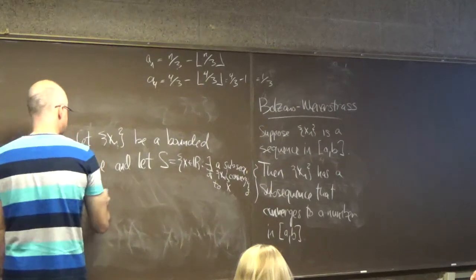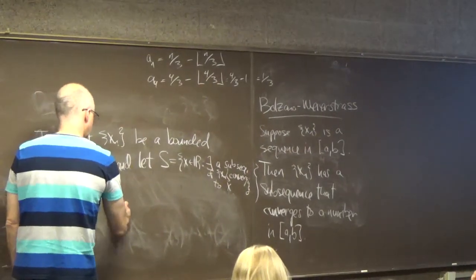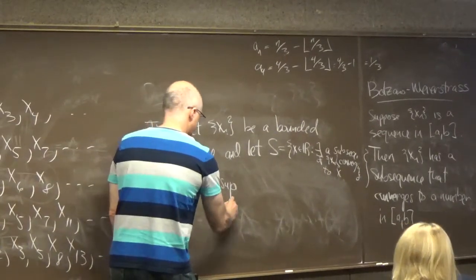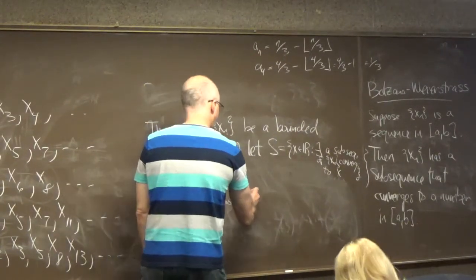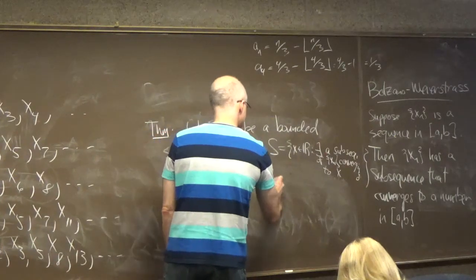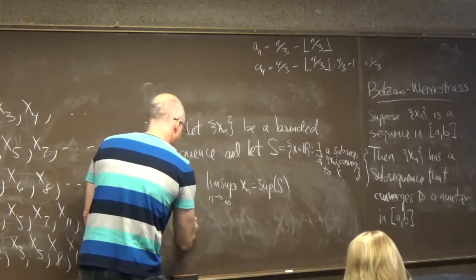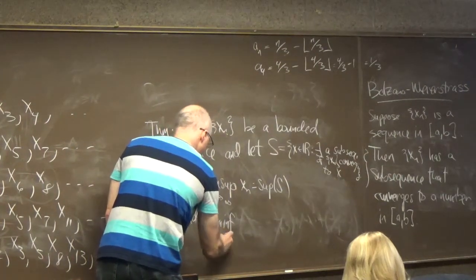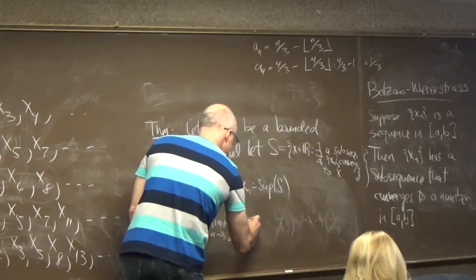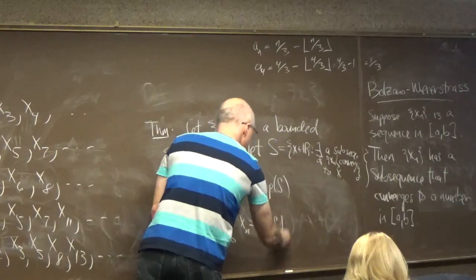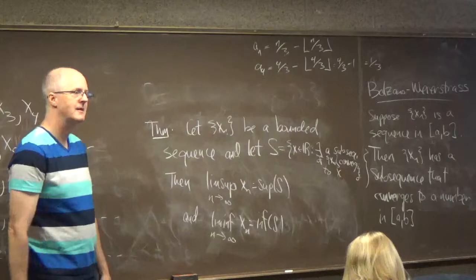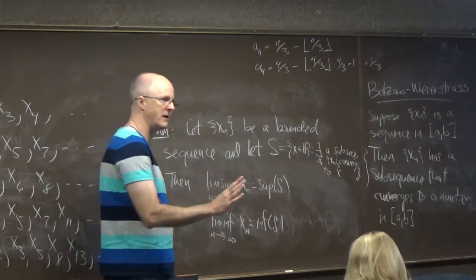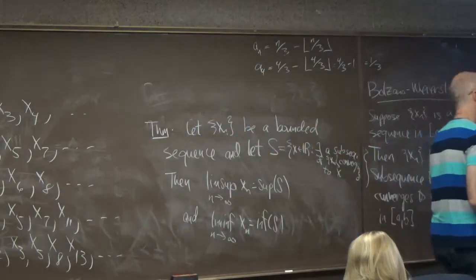Then it turns out this thing called the Limsup, it's traditional to write lim sup as n goes to infinity of xn, is the sup of S, and the Liminf of the sequence is the inf of S. This is not a definition, it's a theorem. Okay, but let's still avoid the definition for the moment, because the definition is pretty tough.